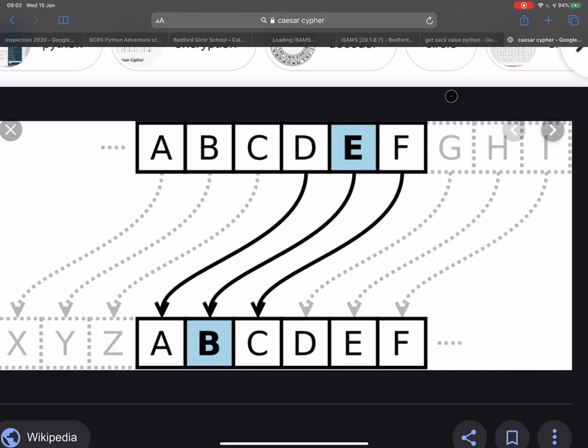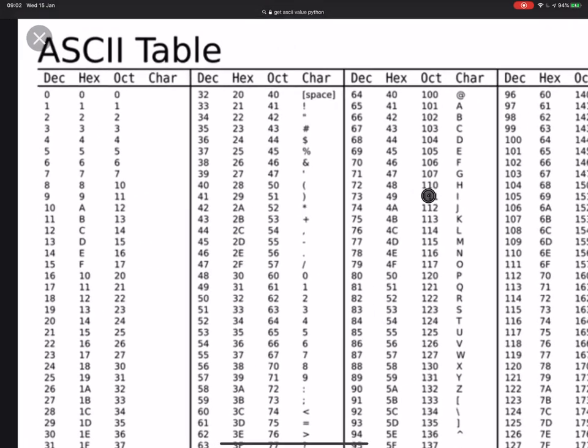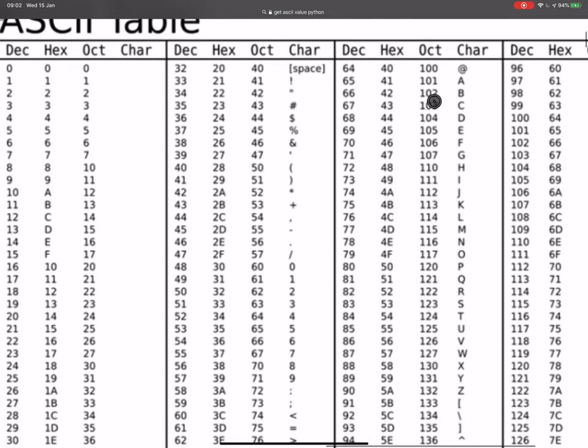Okay. Now to do this, we are going to use what we call ASCII characters. Okay, so this column here is what we call the ASCII numbers, and each character on a keyboard has an ASCII number associated with it. Okay, or ASCII, sometimes pronounced. So for example, capital A, the ASCII number is 65. Capital B, the ASCII number is 66, and so on. You can see there the alphabet all the way down to 90 for Z.